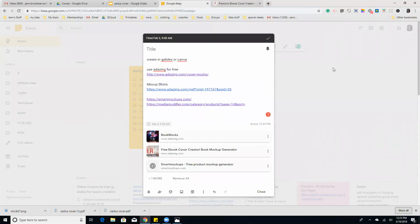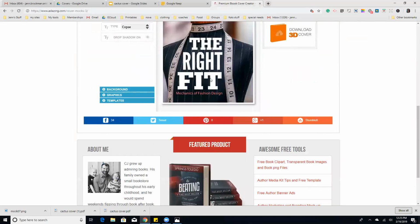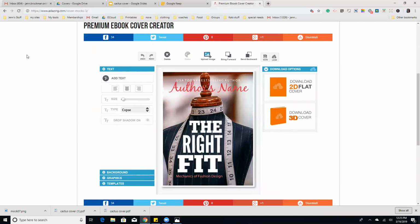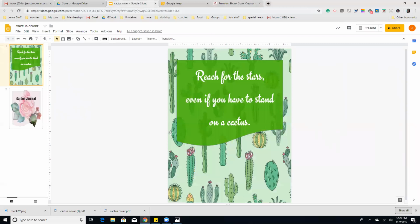Yeah, so that's the easiest way. That's the way I've been doing it for a long time. And in fact, I rarely even use this myself. I always pretty much make my own covers. The reason I like to use Google Slides now is because I can adjust the size. So if I want to make a cover, like these that we made earlier, and then I want